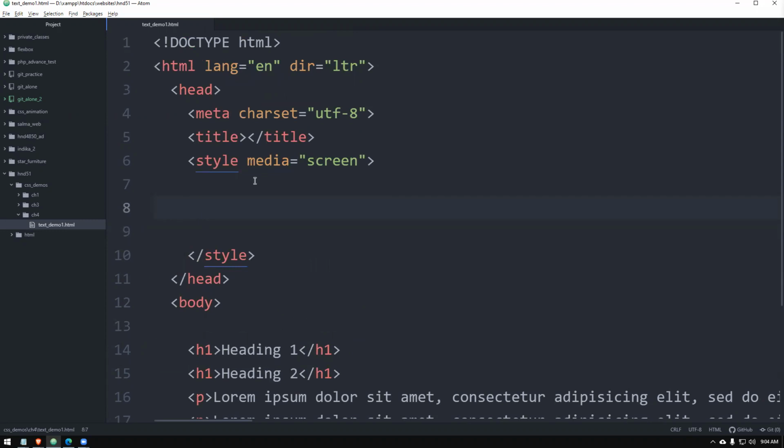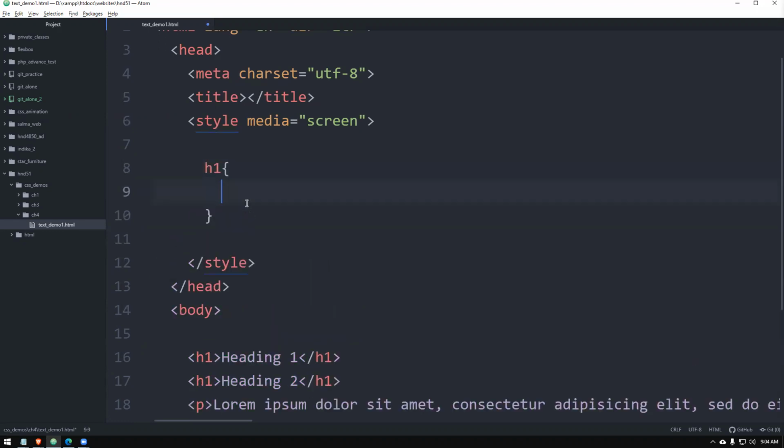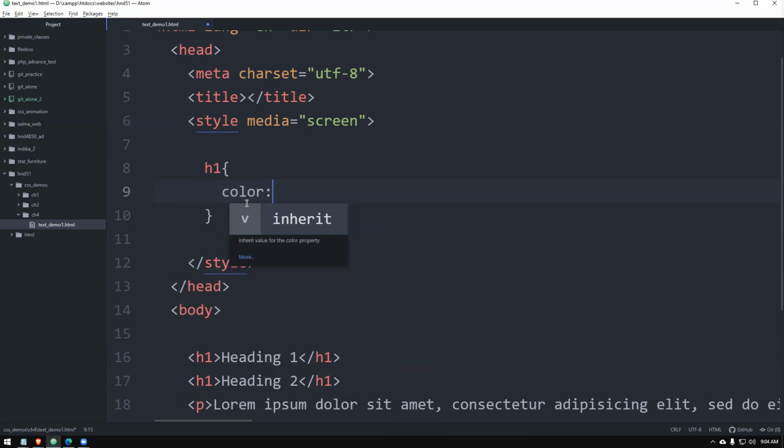In this one, I'm going to write the selector first. So let's work with the H1 part. You just type the name of the tag as the selector. Then you can type the very first thing that you're learning for the text, which is color. We have already practiced this one, but today officially you're learning that color is the very first property that we are learning. So this is like the foreground color, the color of the letters, right? You can give a vibrant color that is visible enough, right? Okay. So we're going to give the color as, let's say, red. Red is very visible, right?